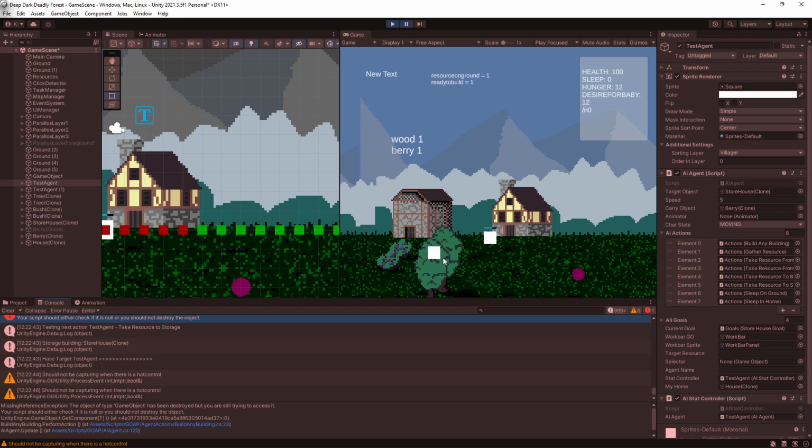I really am going to need to figure this out, because basically I have one AI character who is saying, hey, I'm going to go get wood and put it at this house.